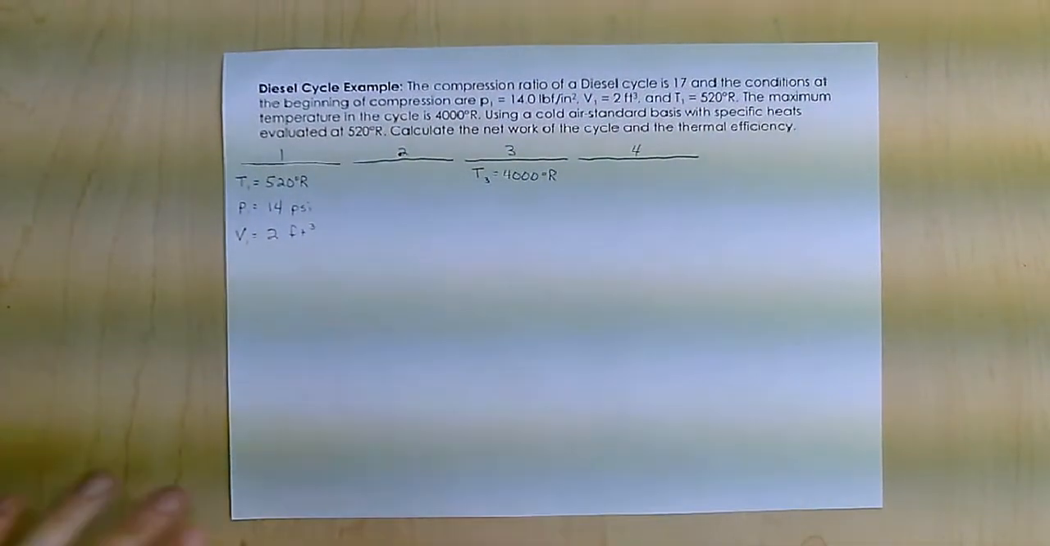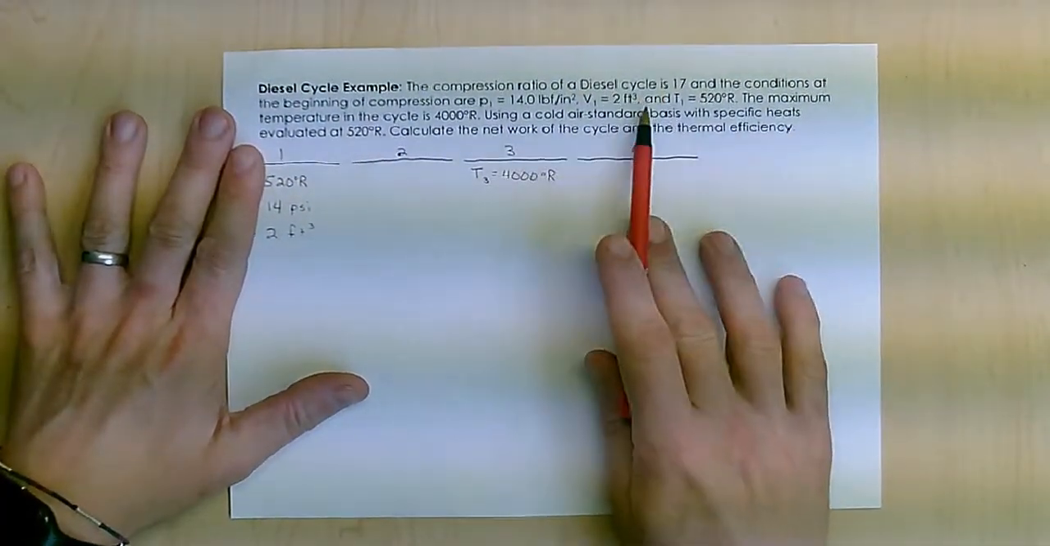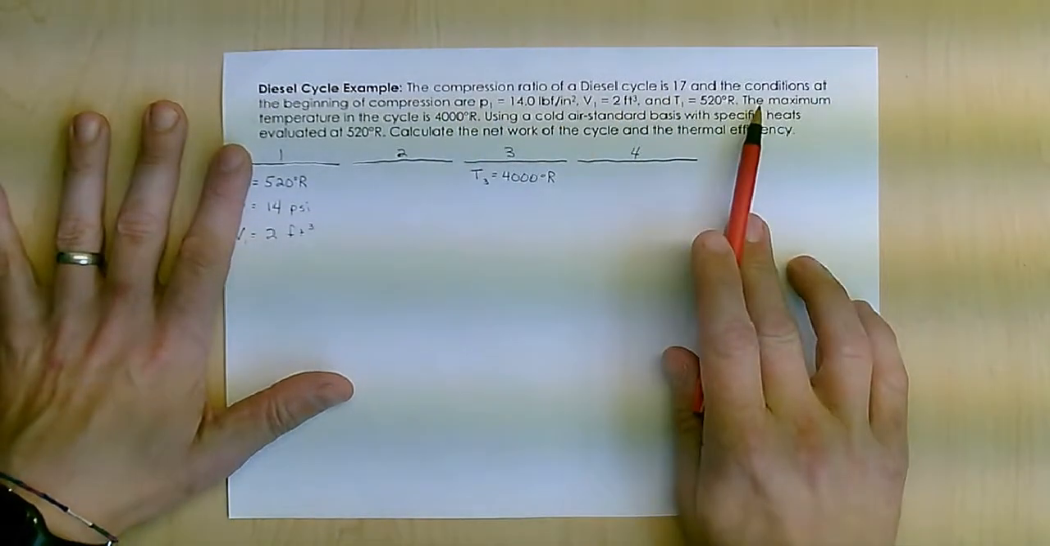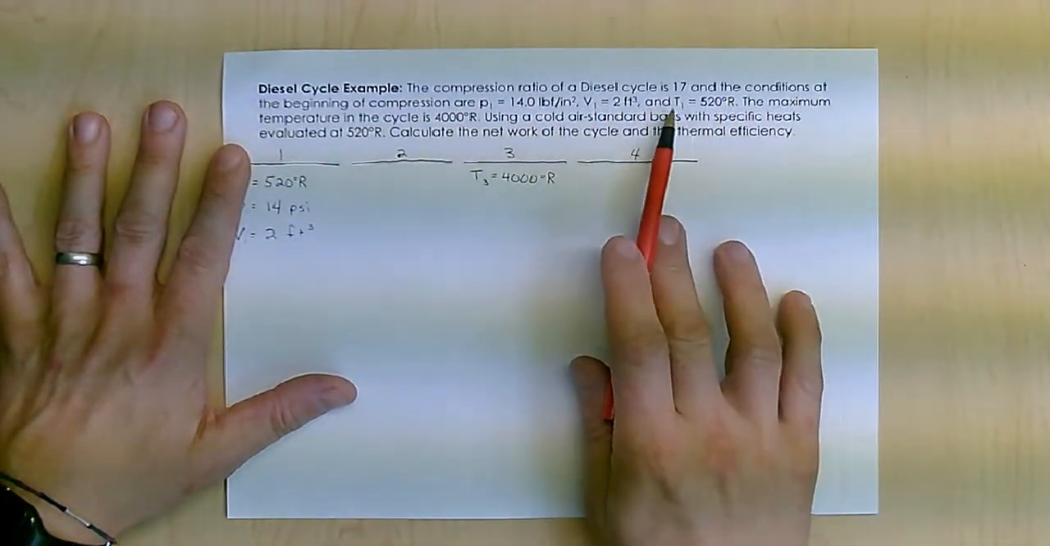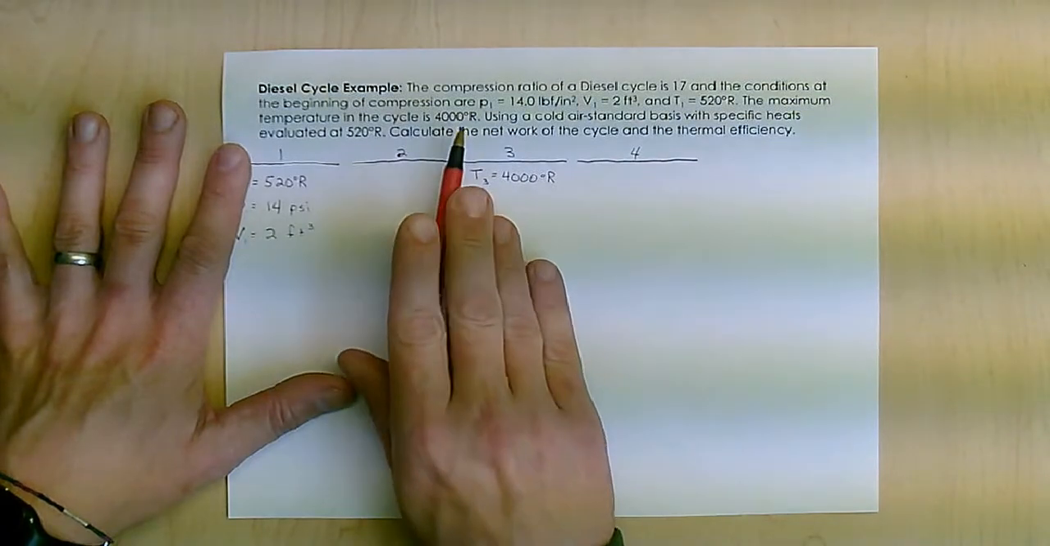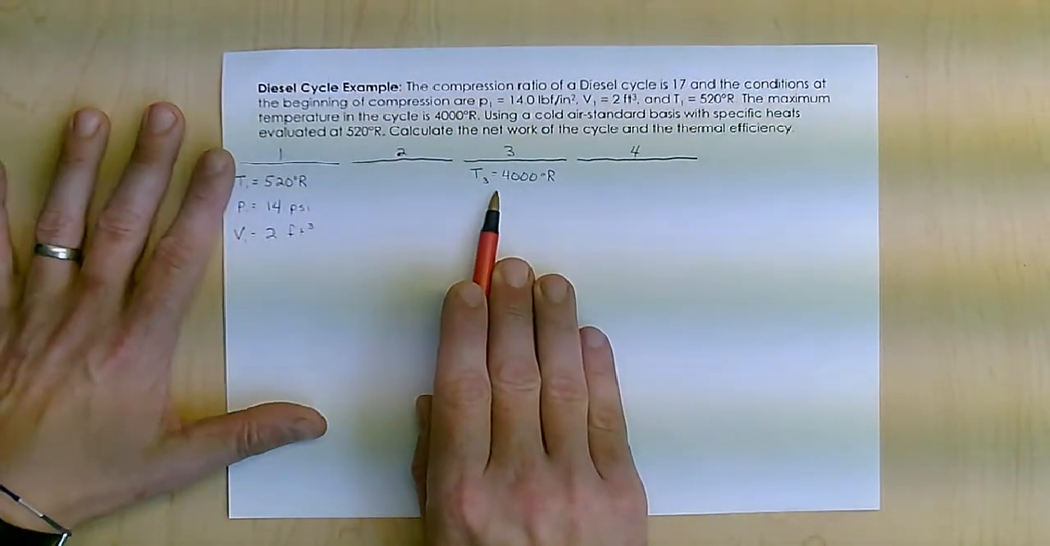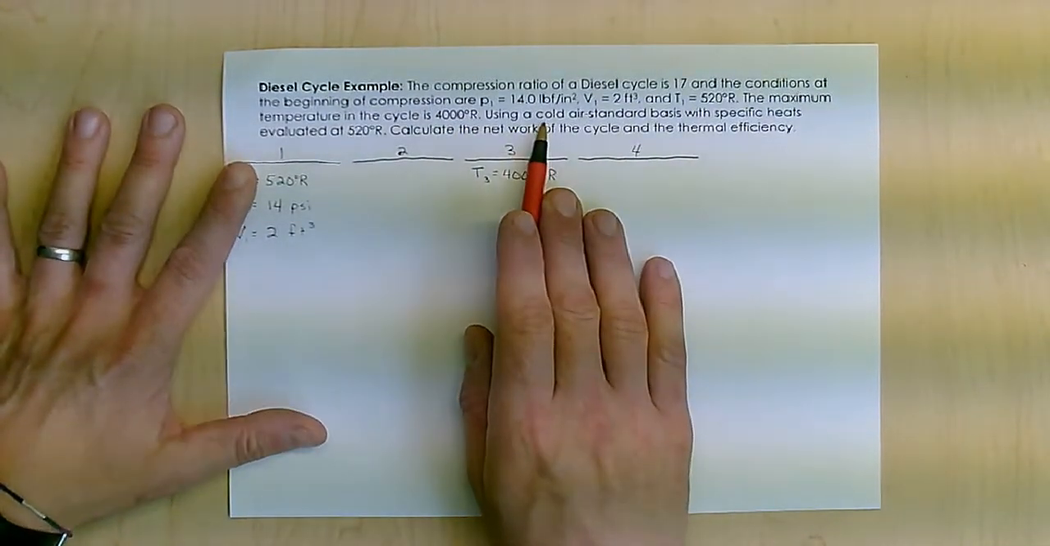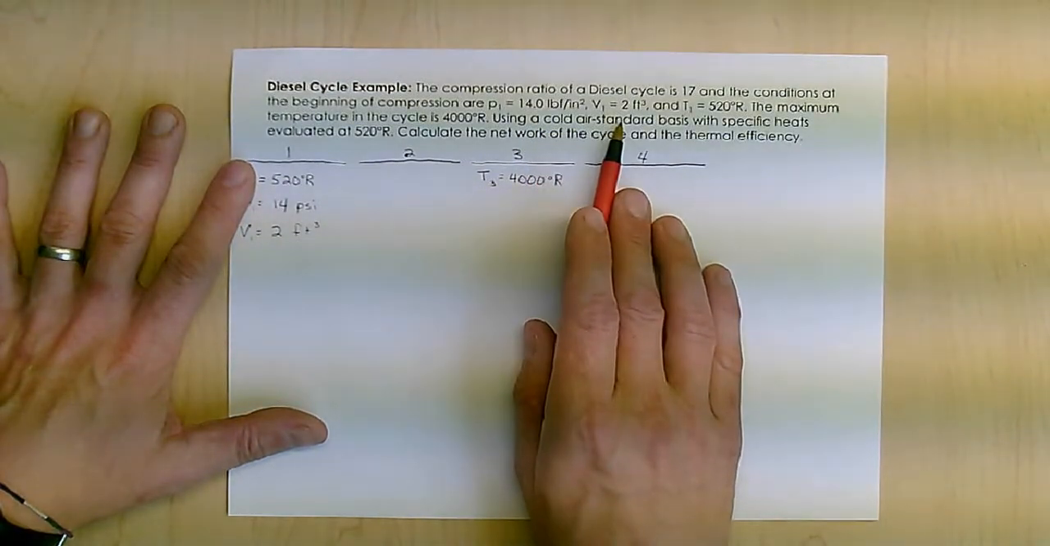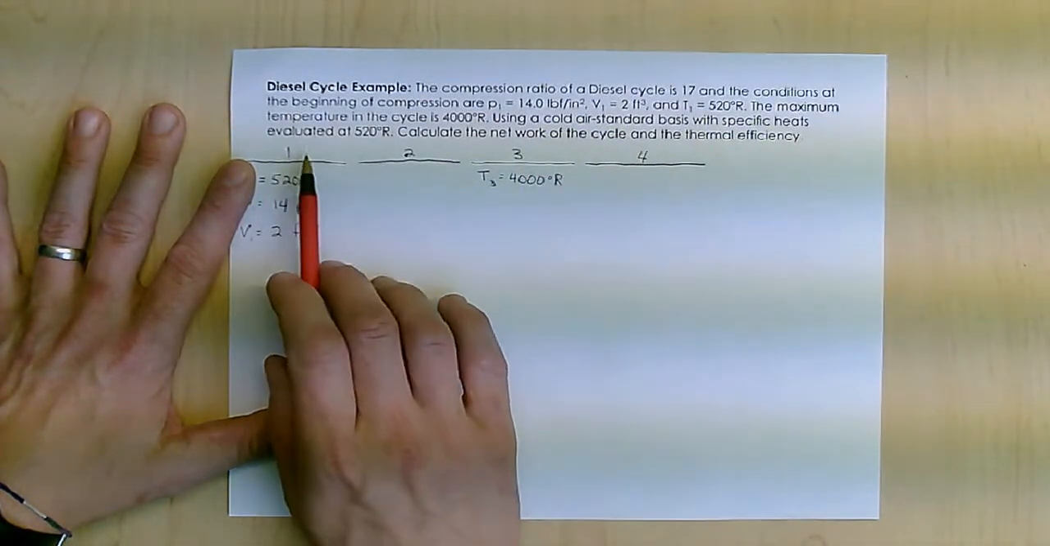Okay, here I'm going to look at a diesel cycle. Compression ratio 17 has initial conditions like that. The maximum temperature is 4,000, which is state 3. And we're going to do this using the very stupid cold air standard analysis, where I assume a specific heat